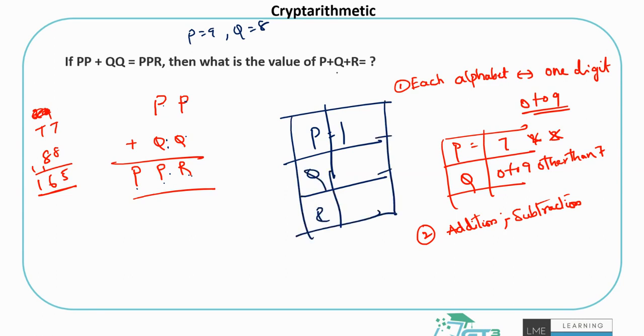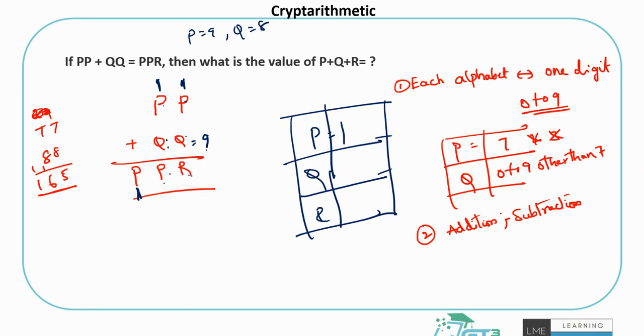With this in mind, my goal is to find the values for Q and R so that I can find P plus Q plus R. Now I know that P is 1. So what can be the value of Q such that I get something carried forward? Q has to be 9. If Q is anything other than 9, like 8, 7, 6, 5, 4, then 1 plus 8 will simply be 9. If Q is 8, 1 plus 8 is 9, and again 1 plus 8 would be 9. So there can't be two different values P and R.